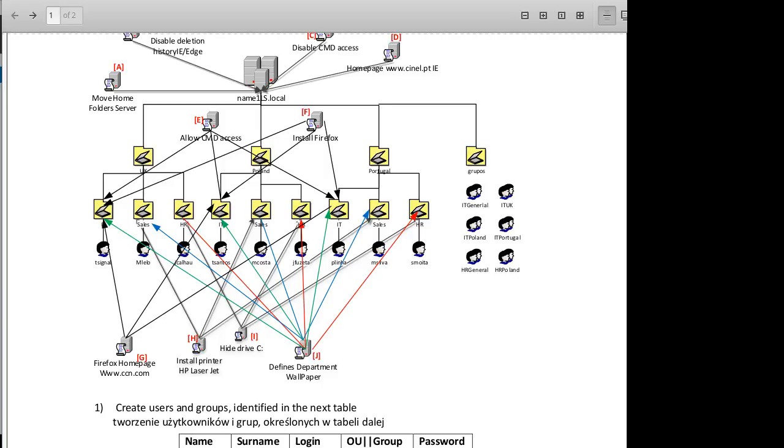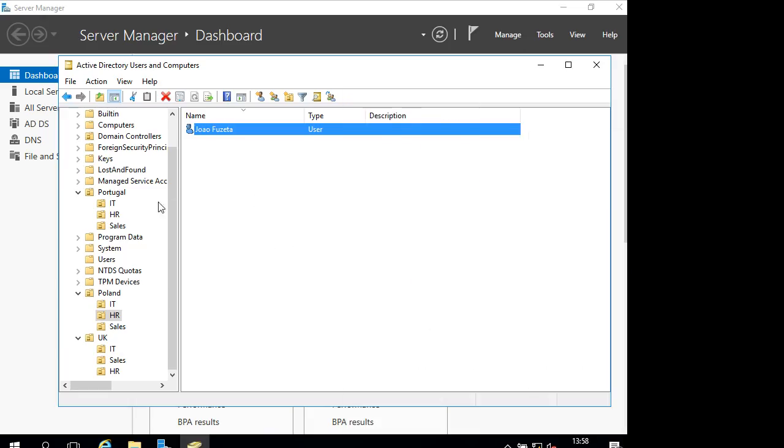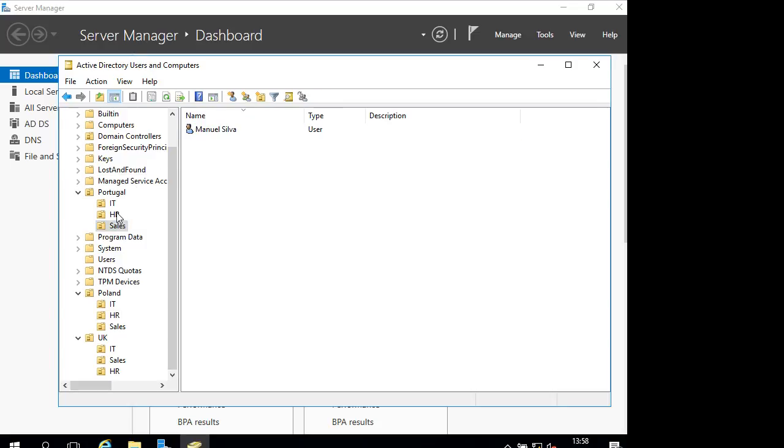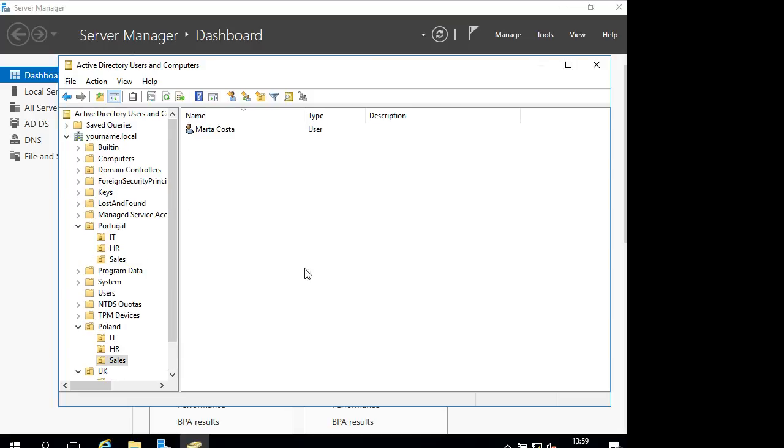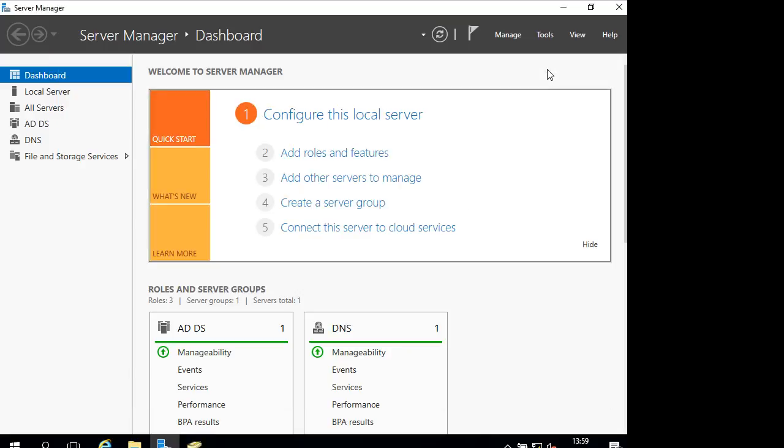Right now we have all the users in each group, in each organization unit, and we are also going to apply some group policy objects, some GPOs here, but the first video that you have to do, that we are here to show, is